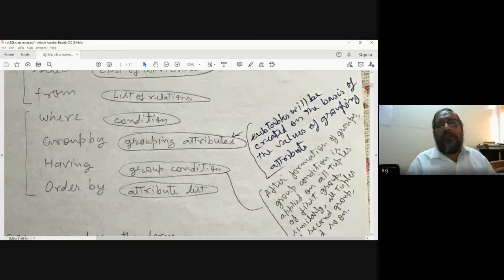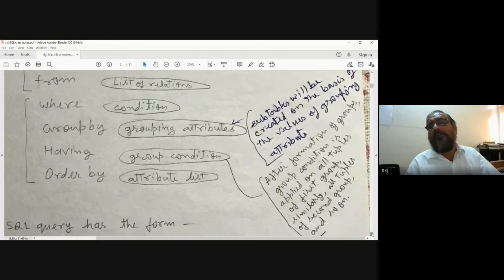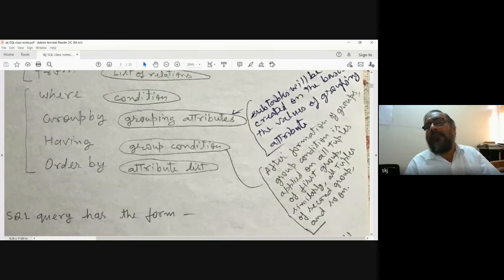And here it is written group condition. So what is the group condition here? Once the groups have been formed, the group condition is applied on the attributes of the first group, similarly on the second group, all the tuples of the second group, and so on.